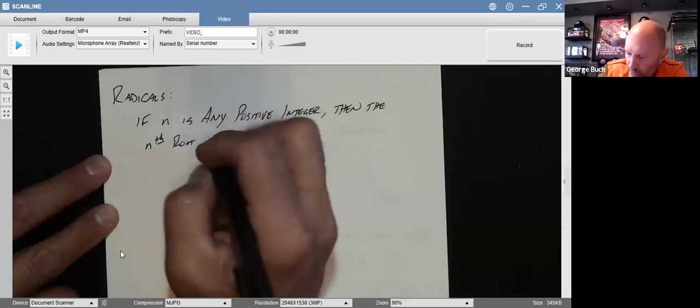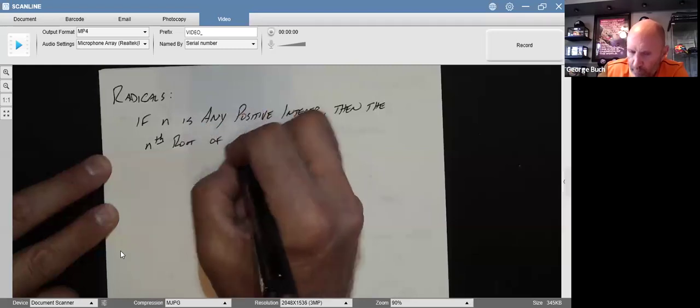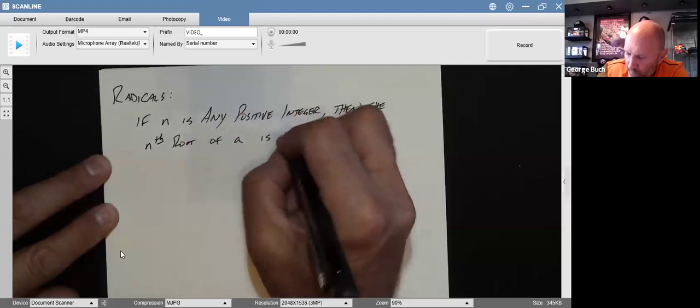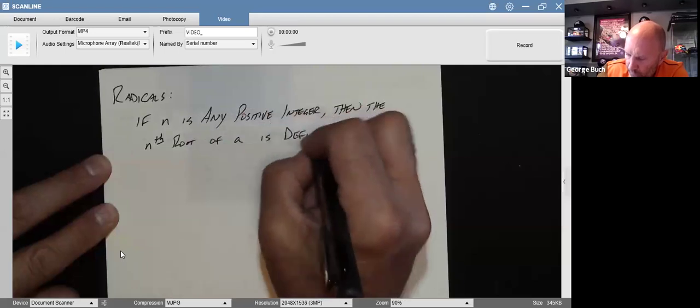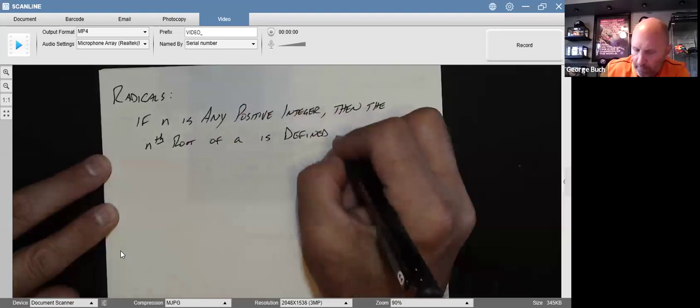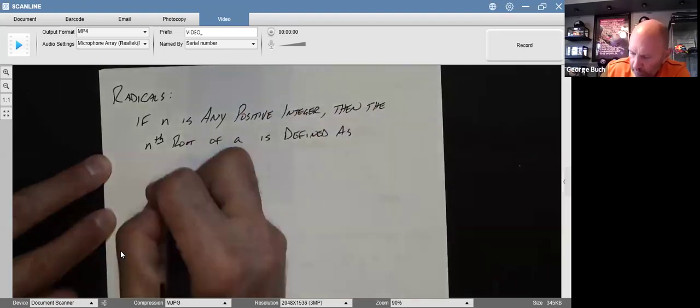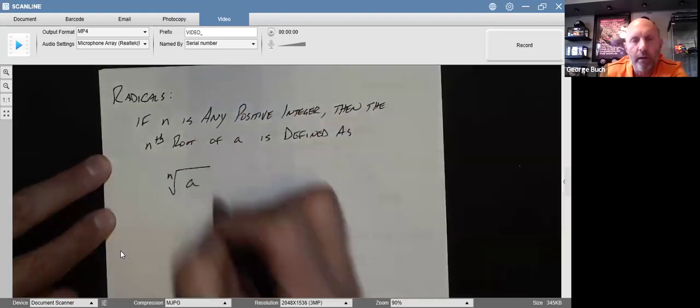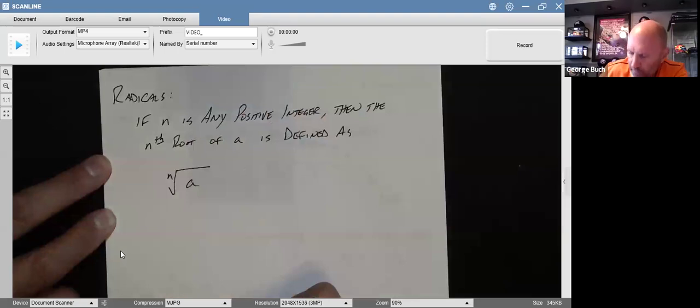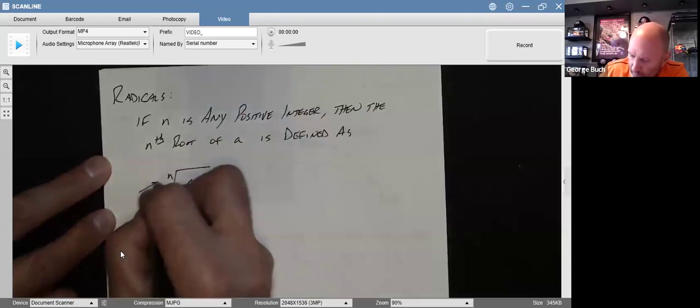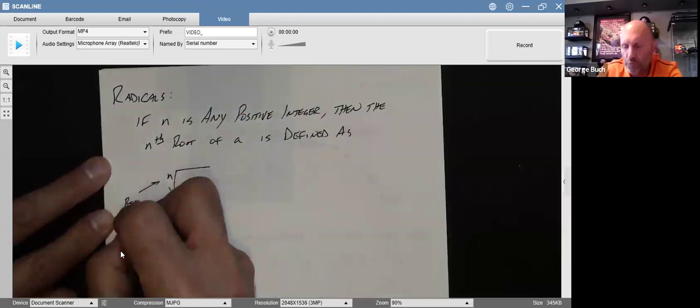So the nth root of a is defined as, and now we have this notation. So this guy on the front here is the root,